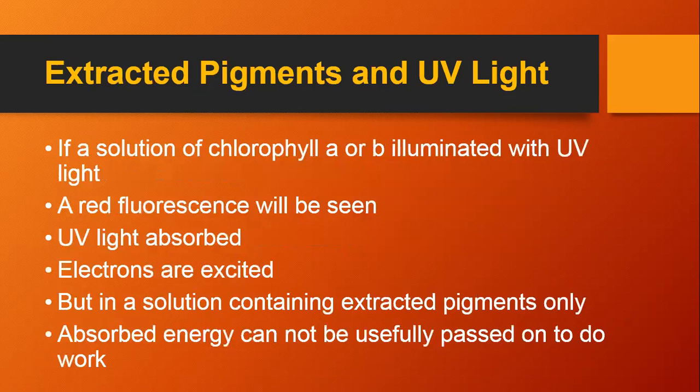Now you see the next one, a very small discussion. If you remember, when we talked about the natural process of photosynthesis, which was happening naturally in a plant, when we are discussing the process of photosynthesis within the plant body, obviously the pigments are present in the form of photosystems.